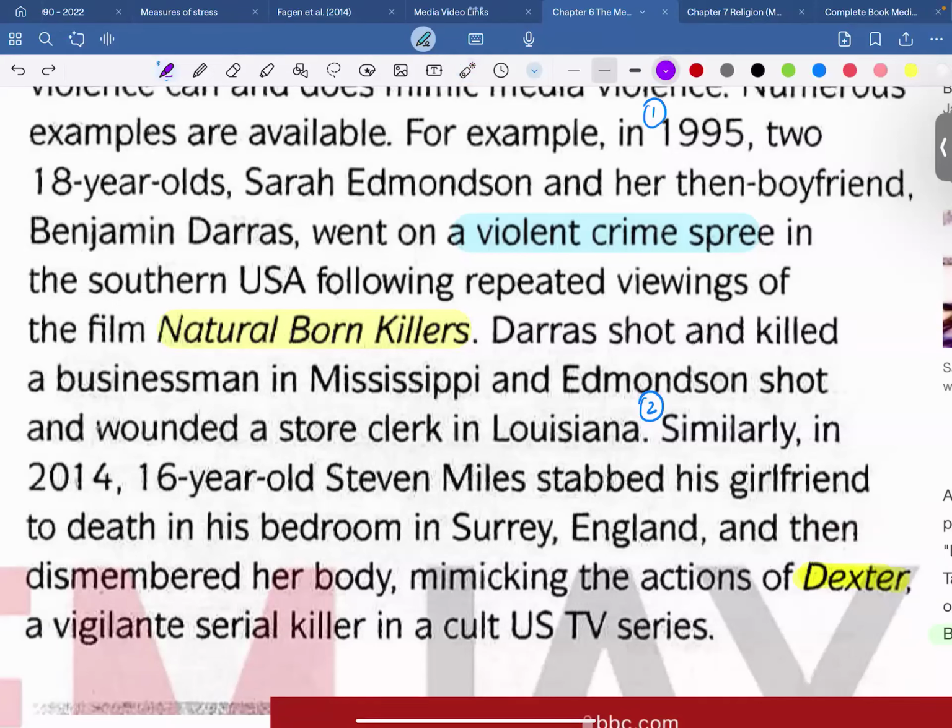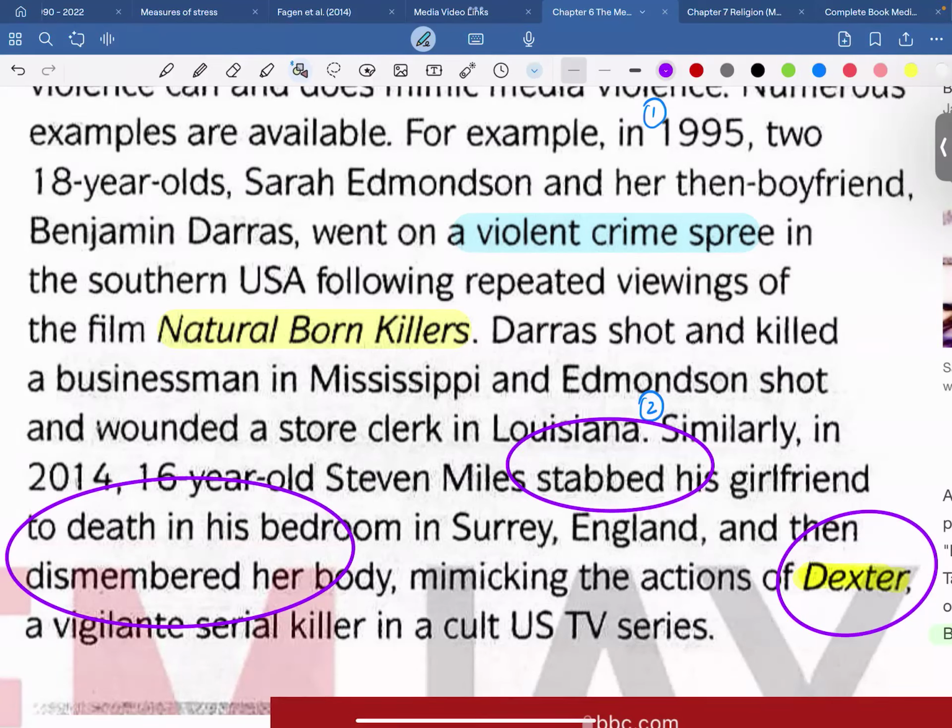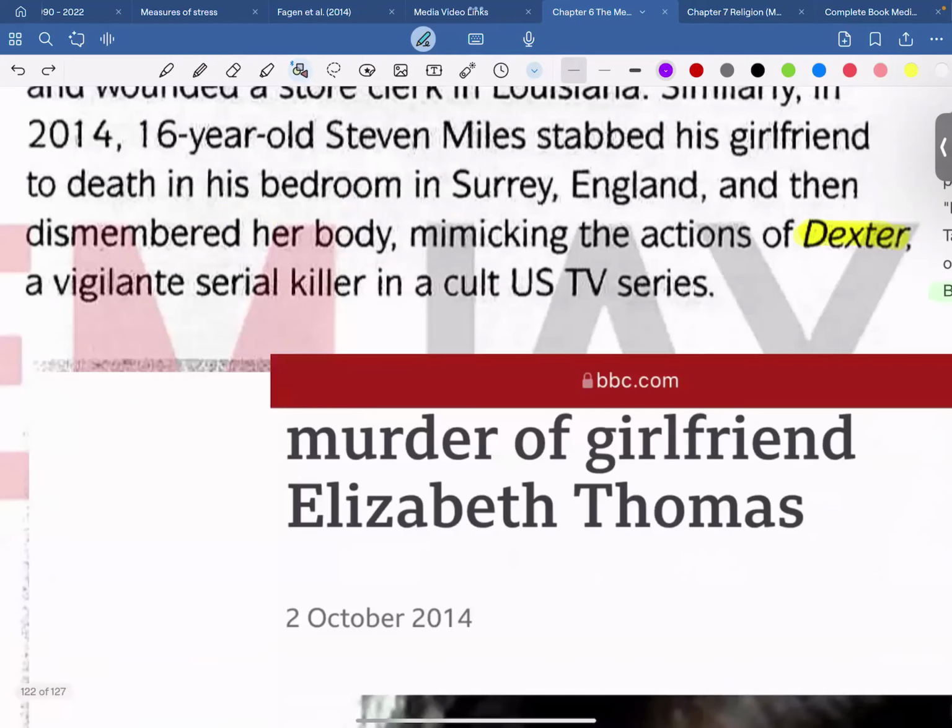Again, we're talking about a correlation between individuals being exposed to violence on a television series and then acting accordingly. So, stabbing your girlfriend to death in a bedroom and then dismembering her body. These examples, you want to use them. You want to use any contemporary example that is well known and can easily be traced through Google, use that example. So, taking this ahead,